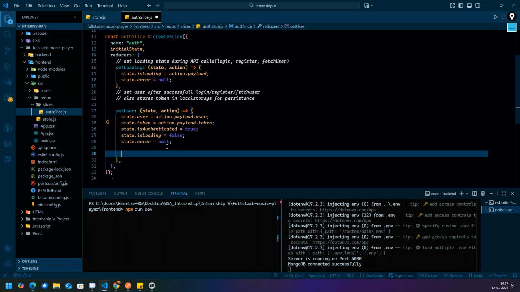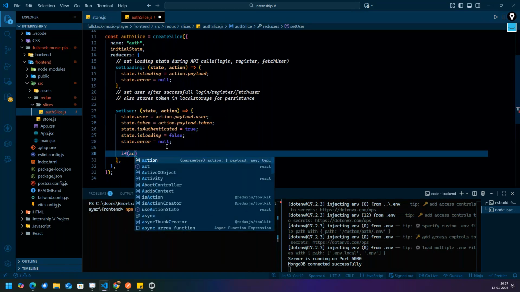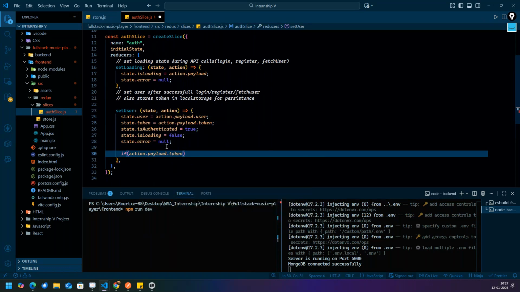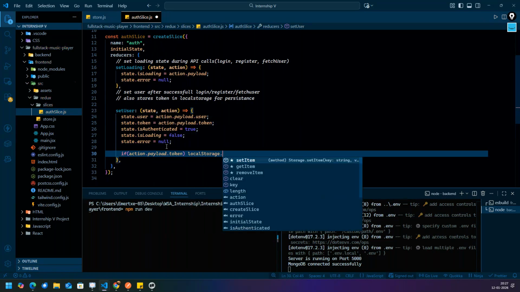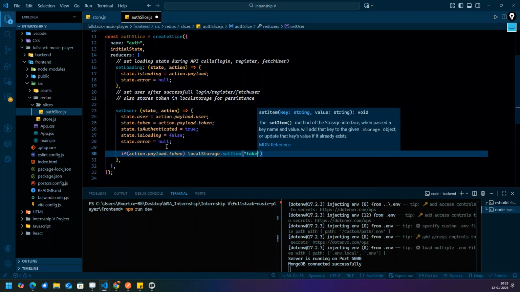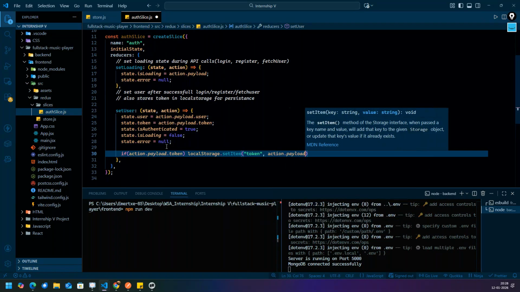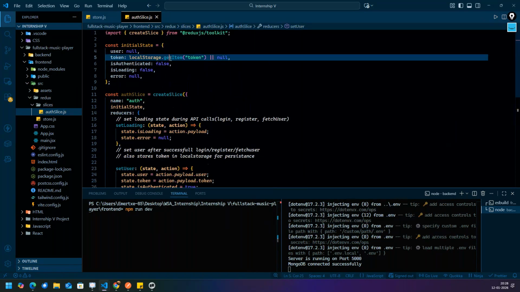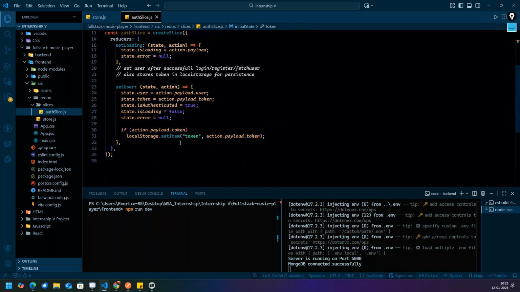So for that, we have to write: if action dot payload dot token is there, then you have to write localStorage dot setItem, and the key I will write as token, comma, action dot payload dot token. As simple as that. Here we have set the item, here we have got the item. If you want to set, you write setItem. If you want to take out the token, you write getItem.